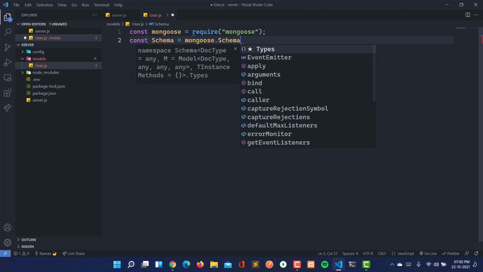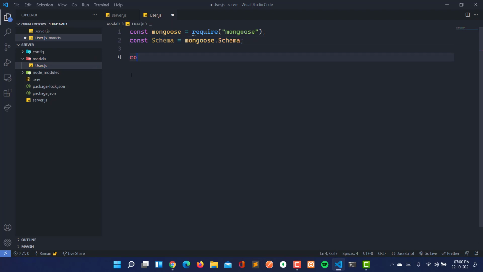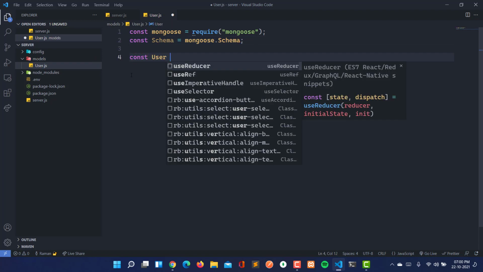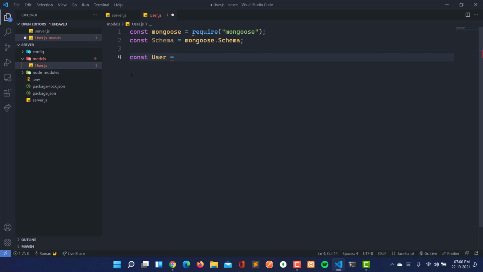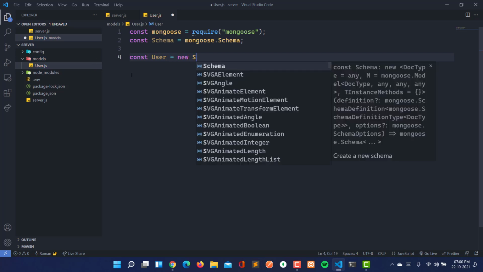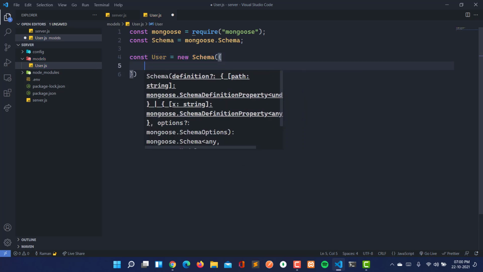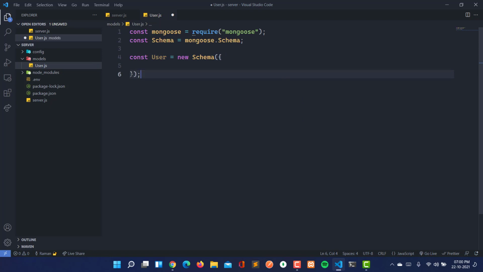We are going to use this schema here. So let's create a user model, the user. Here we are going to create a new schema, and it will contain an object. Now let's define the schema of our document for the user model.